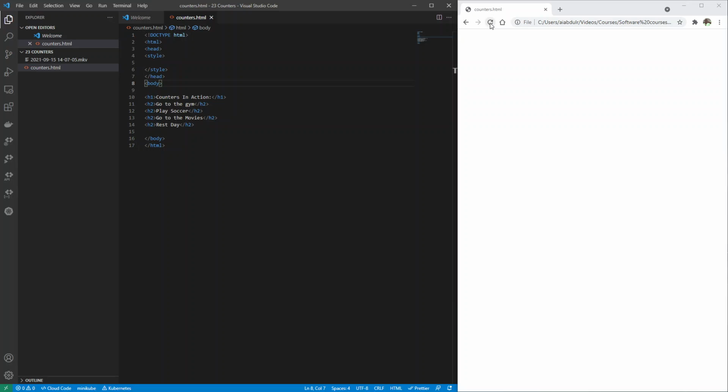So if I refresh this, you can see the H2 elements, right? Okay. So what we want to do here now is to use the counter, right? What we want to do is to be able to specify a count of these H2s, right? So in the style section, I am going to first